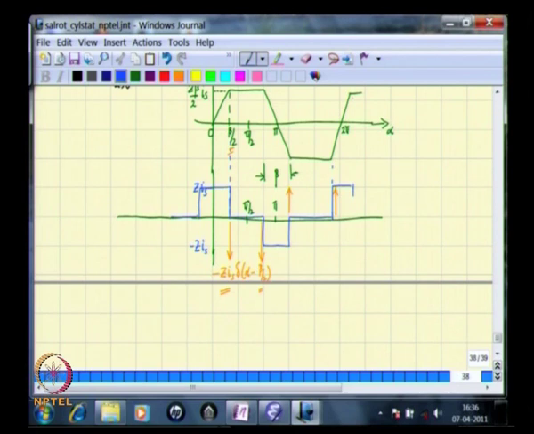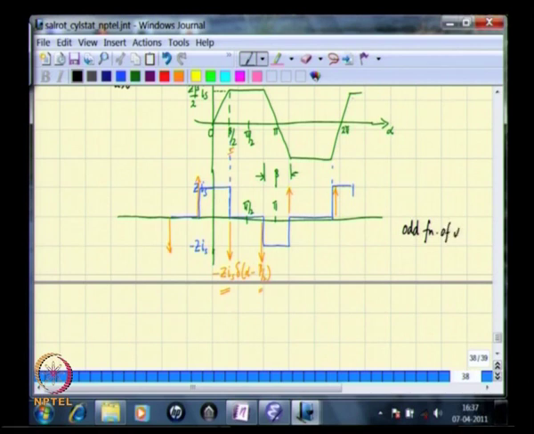So if you now take the derivative, again there would be an impulse function here of the same amplitude and then an impulse function when it goes down again. So one can see that the impulse function waveform is an odd function